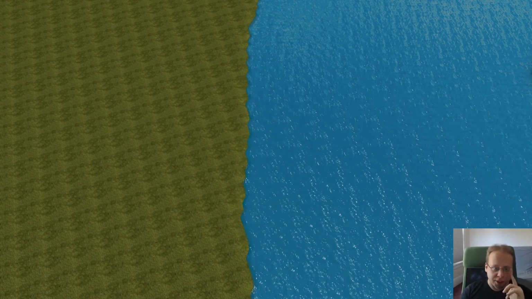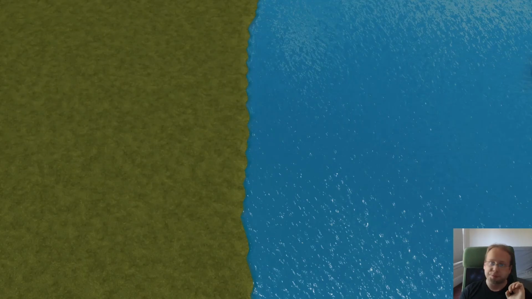Here's how it looks. So here's the scene without the detailing, where you can see a lot of tiling artifacts on grass, which you could try to hide with texture art, but it's really hard to do a good job there. And even on water, where we have several different layers of normal maps blended together, you can start seeing tiling artifacts if you look sort of close. And at more oblique angles, you see tiling even on water if you don't do anything to fix it.